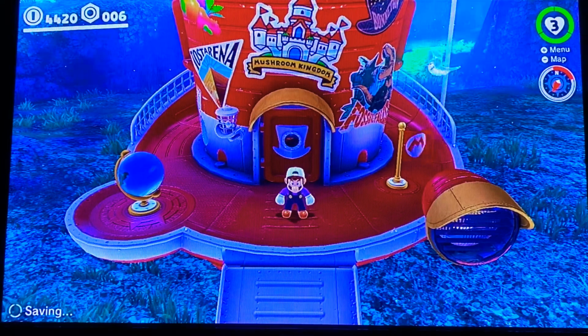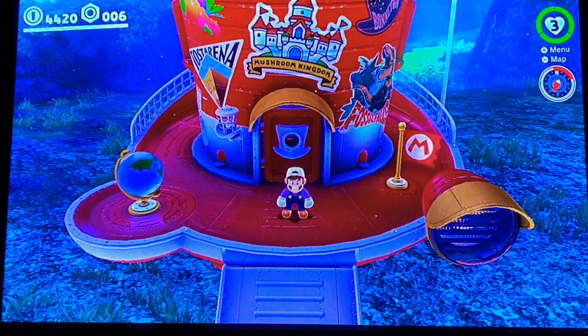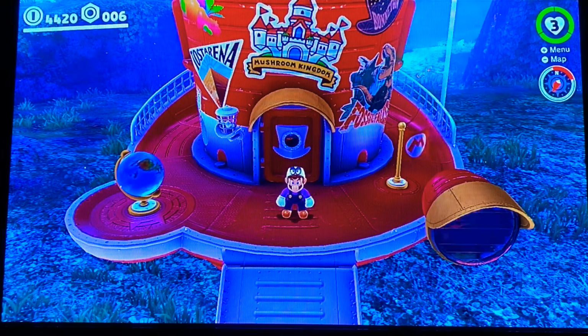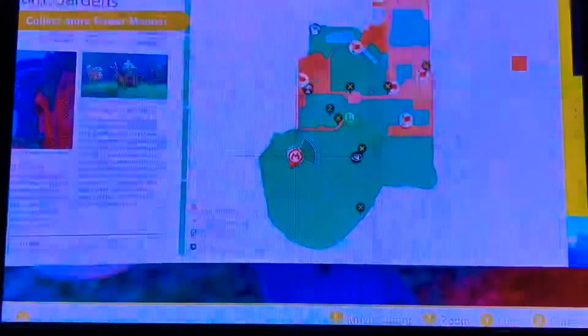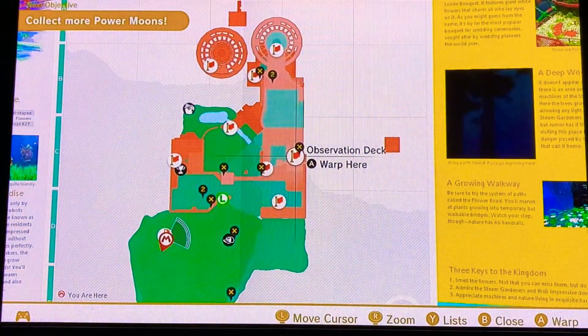Hey guys, what's up? We are back, and today we're going to be doing a tutorial on how to get the Fire Koopa Troopa guy in Super Mario Odyssey in Wooded Kingdom. And then when you're in Wooded Kingdom, you want to go to the observation deck